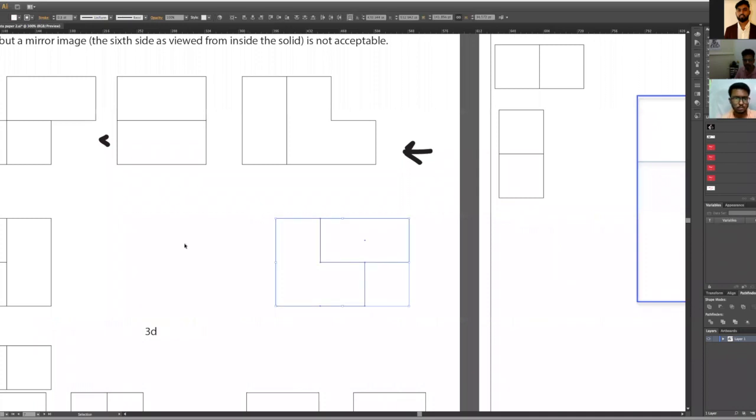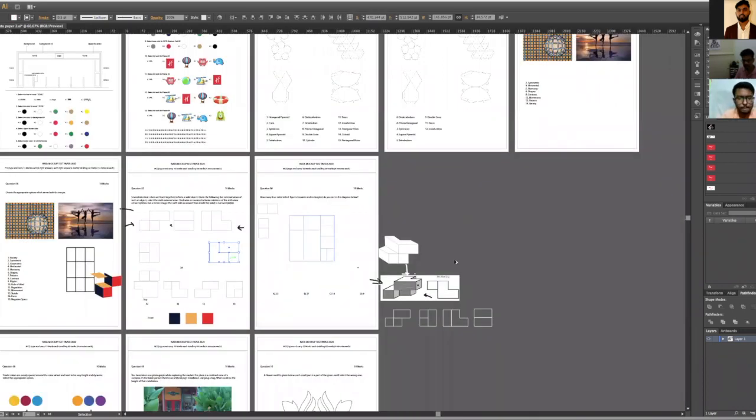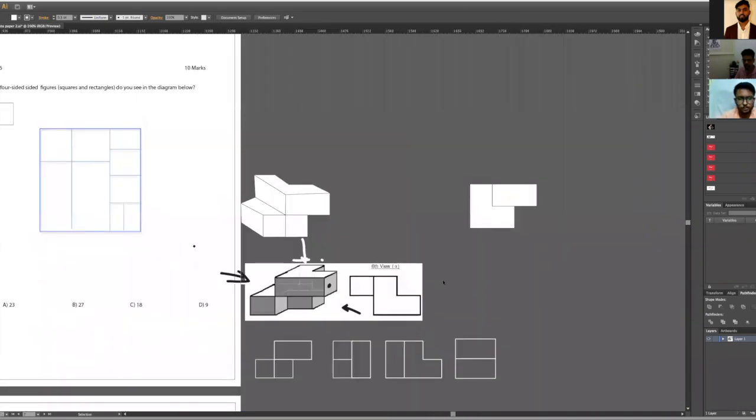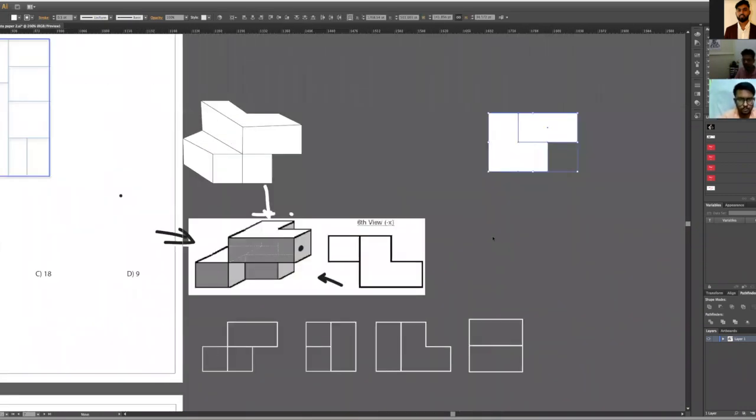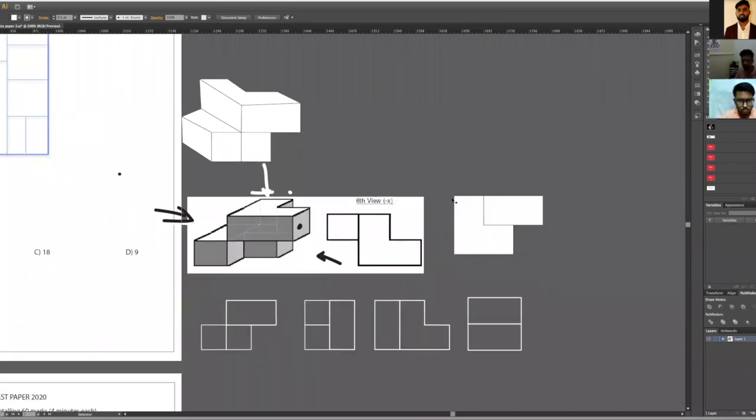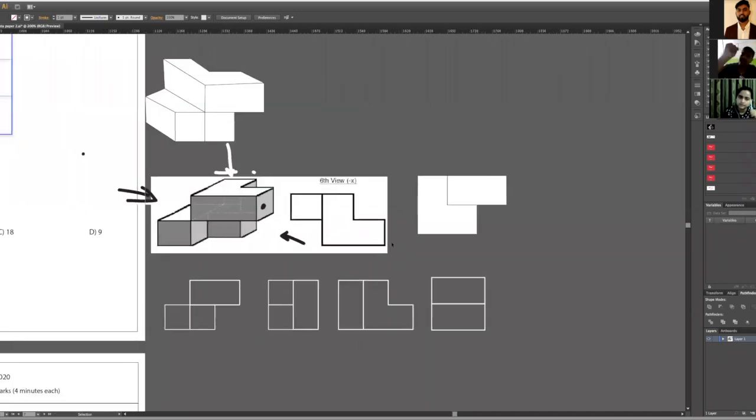Now this view, let's take it here. Okay, guys, can you tell me now where it will fit in? We have only 2 options. Either it will go as the bottom, or it will go at the back side. Bottom or back? Bottom, sir. Okay, let's see how. Because if I use this, I know that this is my top view.